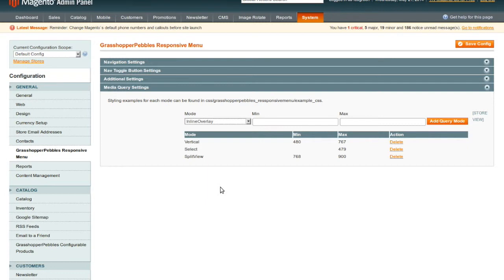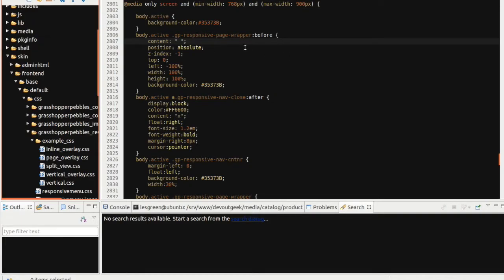Basically, no one's actually going to be switching between the different modes while they're on your site. But if they open your site on the phone, you might say, I want to use a select when it's on the phone, 479 or lower, and you want to use various other modes in other situations. And again, it uses media queries. I do give an example